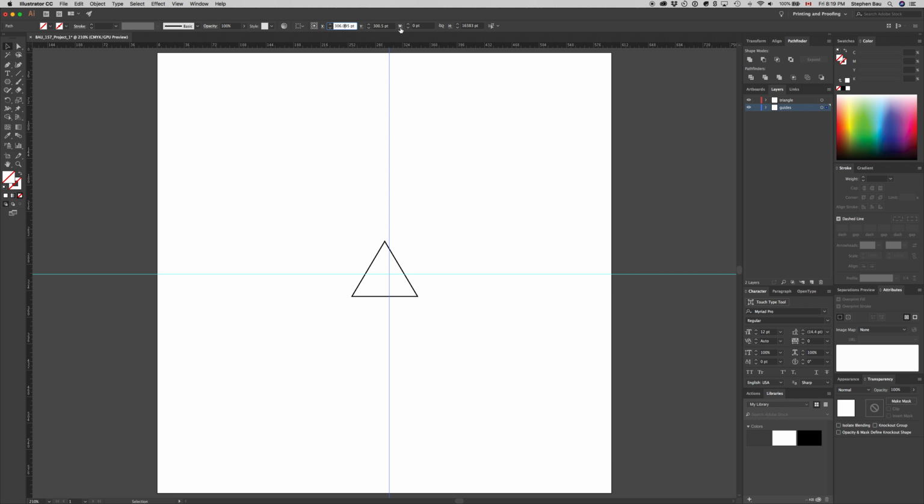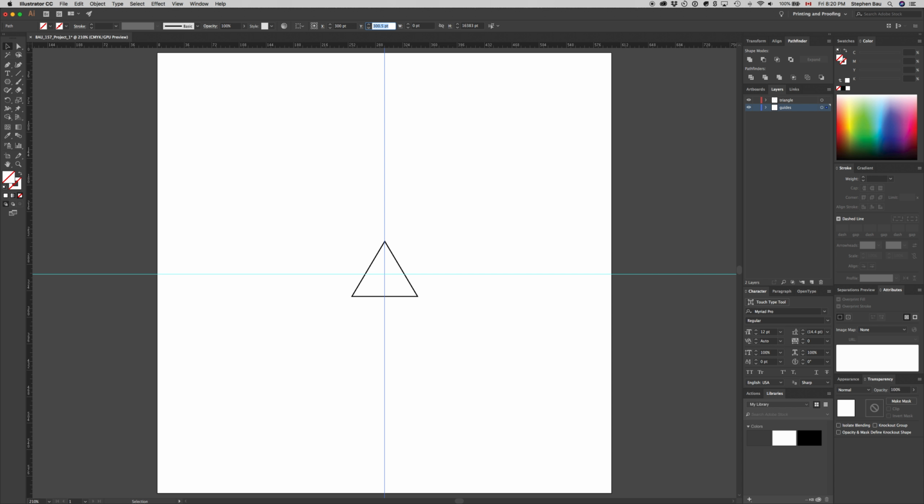So the X and Y coordinates would reference right now the center reference point of this vertical guide. So what I want is for that vertical guide to be positioned at 300 points across, because I know that would be the halfway point on a 600 point wide board. So I'm going to type in 300,